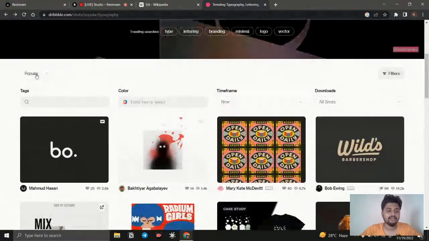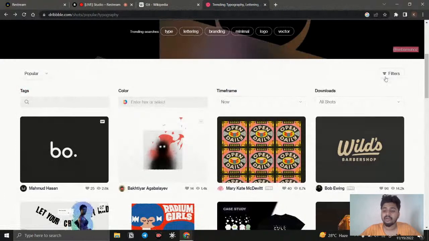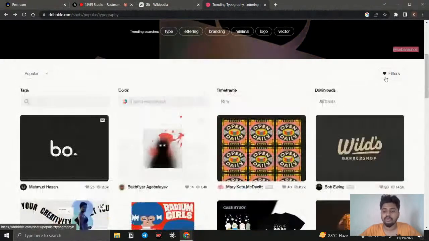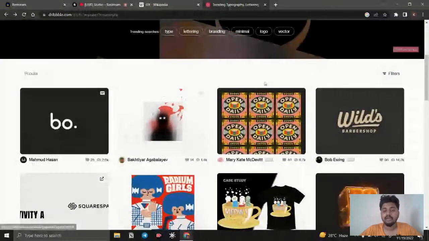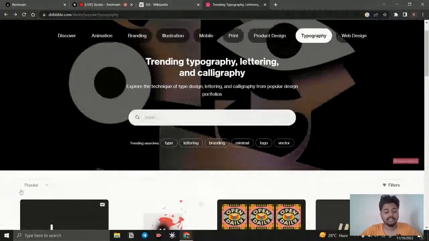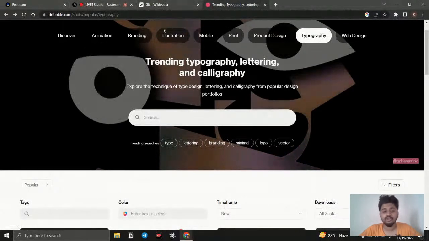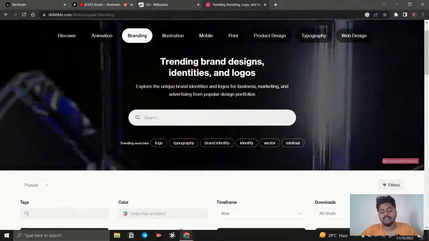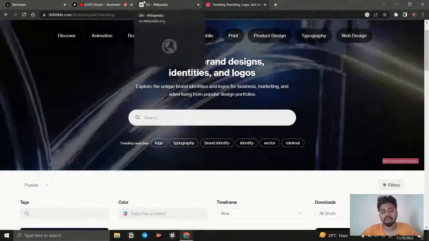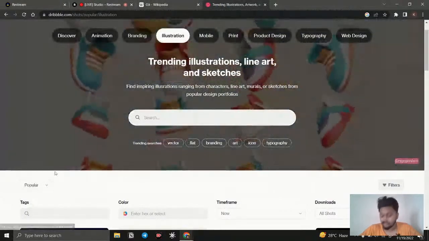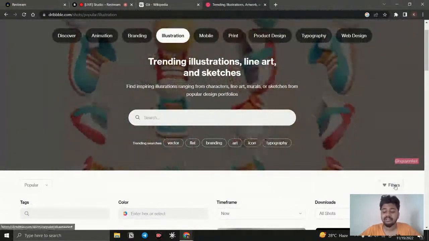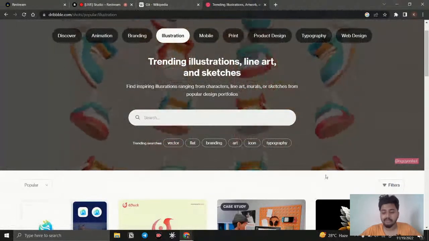Right, now we created one. Just imagine if I click this, it will be a drop down. If I click, it goes down and goes up. It is doing that, right? Just imagine if I click the drop down and the page gets reloaded. If I click the filter, the page gets reloaded. If I click this branding, the page gets reloaded. If I click the illustration, the page gets reloaded. If that happens, would we use that website? Absolutely not, right?